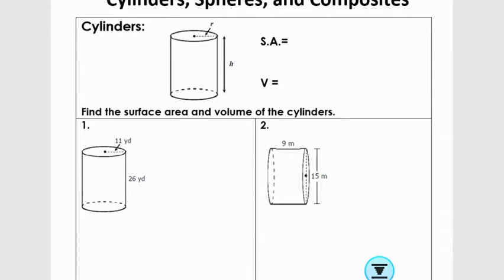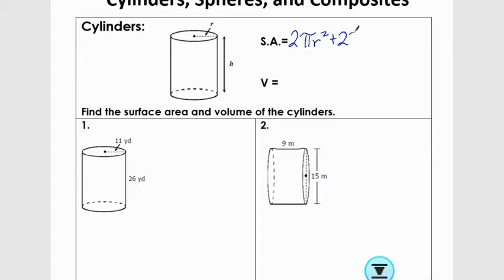Okay, today we're talking about cylinders, spheres, and composites. So let's look at our formulas for cylinders. And these are all found on your geometry formula chart. And so the formula for the surface area of a cylinder is 2 pi r squared